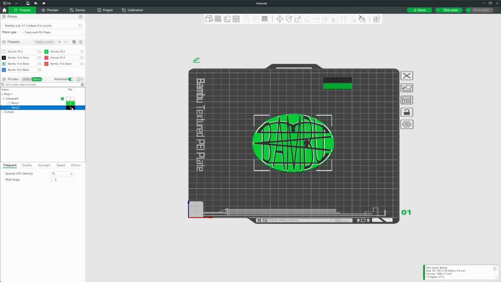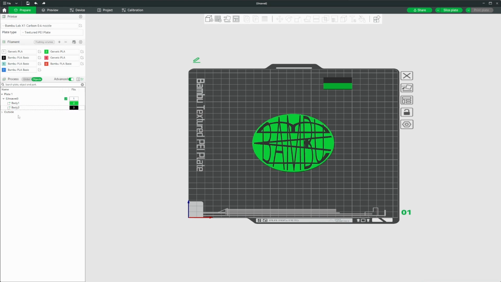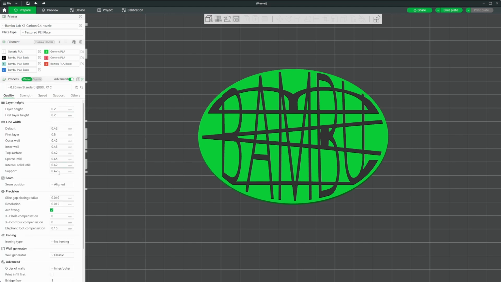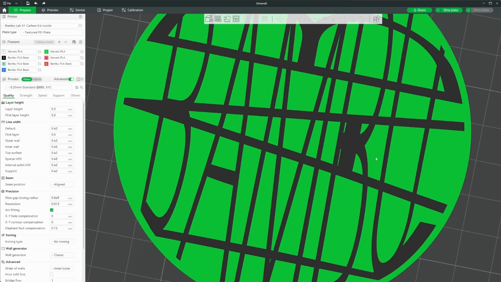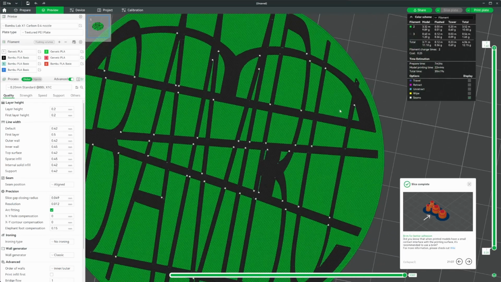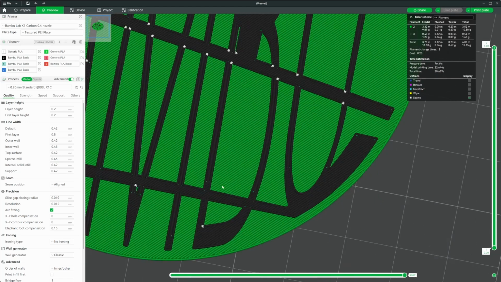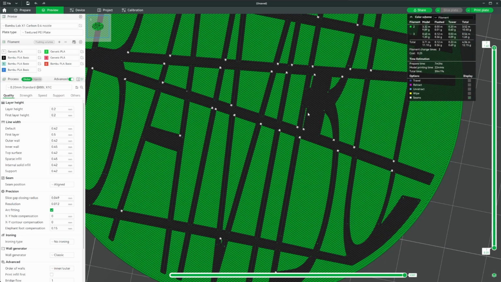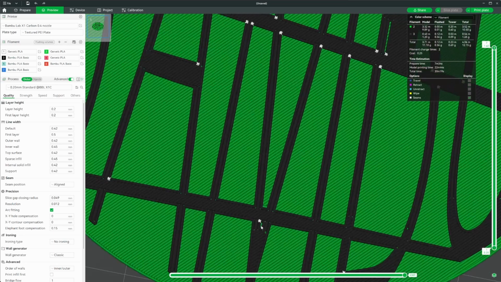So that's a really easy way, especially if you have multiple. Instead of having to click on each one and selecting the color, you can just hold Shift or Control, select all the ones you want, hit the number on the keyboard, and it will assign that color. It's the best thing I ever found out. There is one more thing. When you go to your global settings, there may be some very thin areas. If we just slice plate, it should give you an idea of what it's going to print. But depending on how big some areas are, like these slices in here are quite small, and this one was very small,